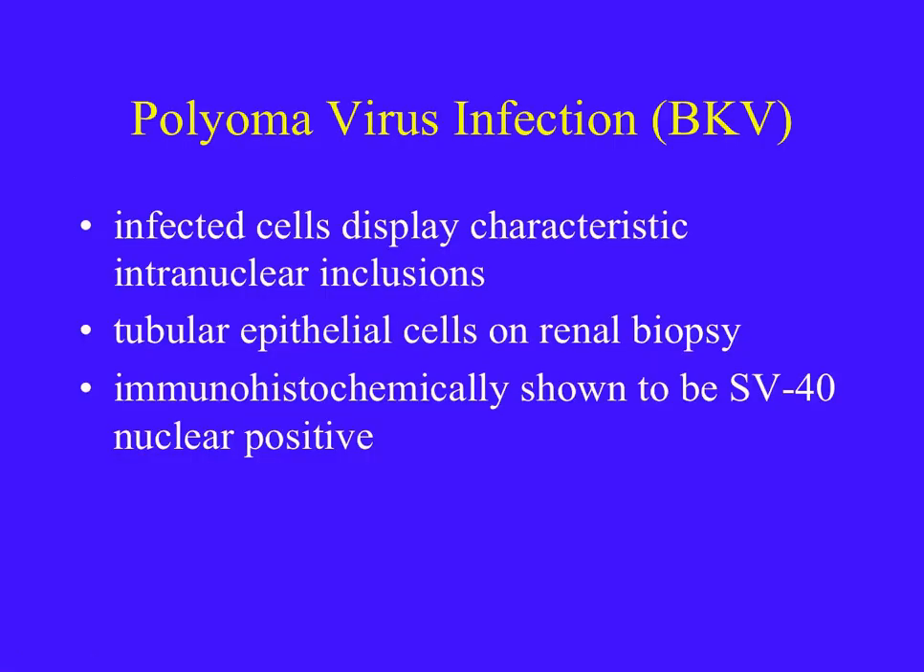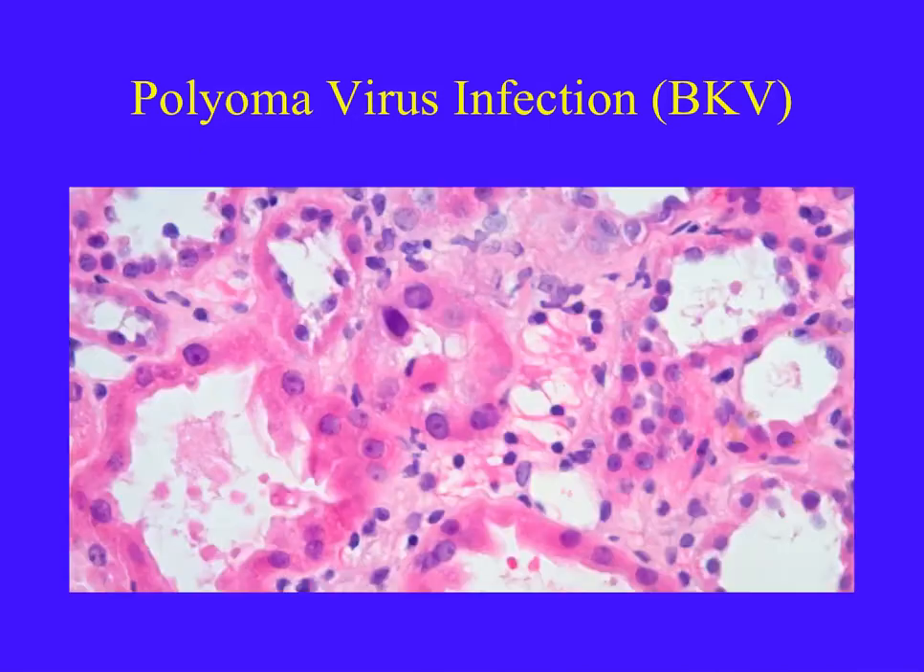Another common virus that may affect the transplanted kidneys is polyomavirus. The infected cells display characteristic intranuclear inclusions. Usually the tubular epithelial cells are affected on a renal biopsy, and we can highlight them immunohistochemically by performing the SV40 antibody. The tubule in the center of this picture shows a darker hyperchromatic nucleus that most likely includes a